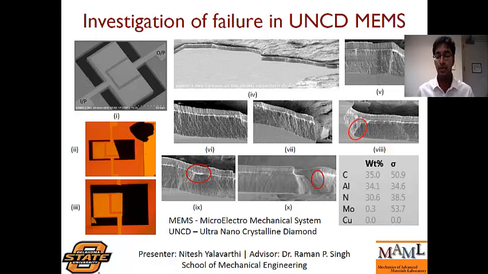We can see the compositions of carbon, aluminium, nitrogen, etc. It is just to make an assessment of what is present in the material. Such evidences show that the failure is mostly mechanical in nature, and further investigation has to be done on the fracture energy density possessed by the ultrananocrystalline diamond as a substrate, and also the effect of fillet radius to reduce the fracture from happening at the edge